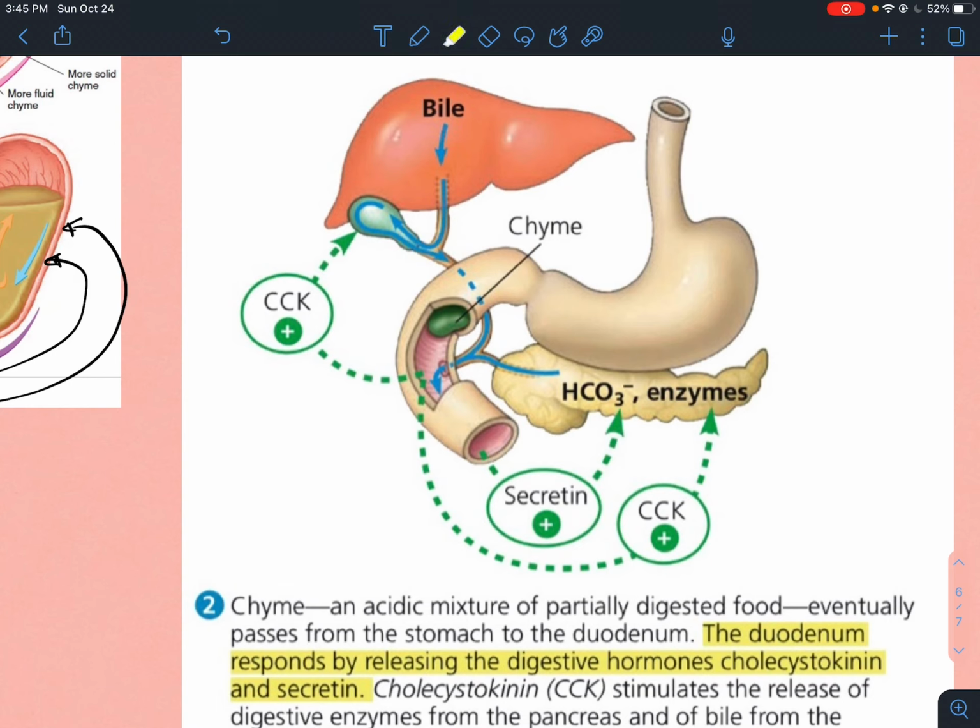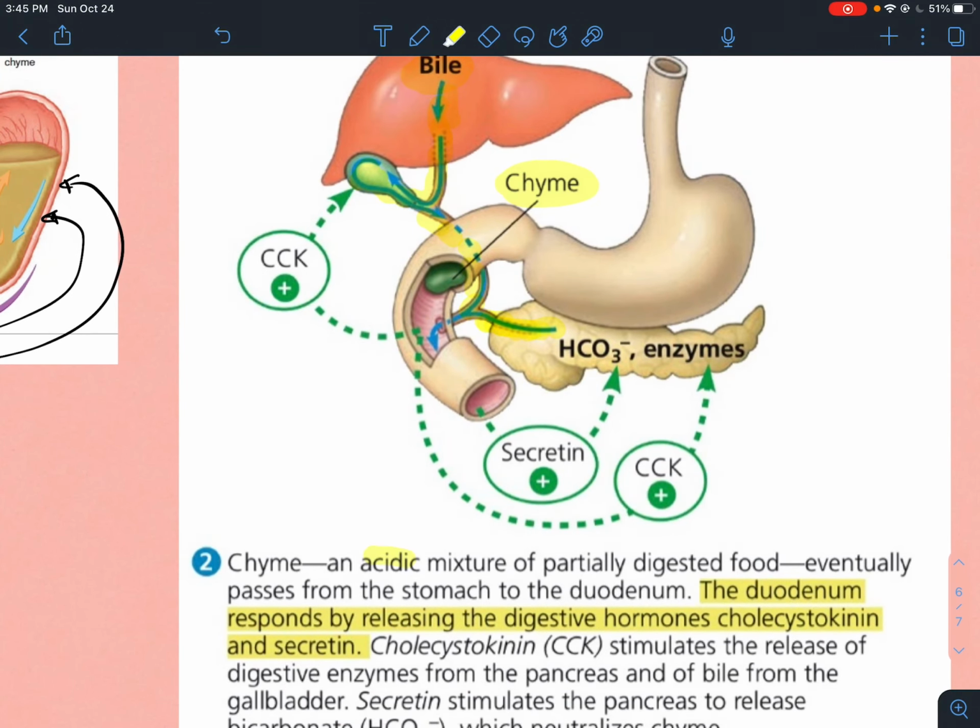We can start all the way up here from the liver. We see that bile coming down into the gallbladder. And then eventually coming down, we see that we have that pancreatic juice coming from the pancreas. We've seen all this before. And now we can also add that we have that chyme that is coming down through that duodenum. That duodenum realizes that the chyme is in there, that it's extremely acidic, and therefore it wants to